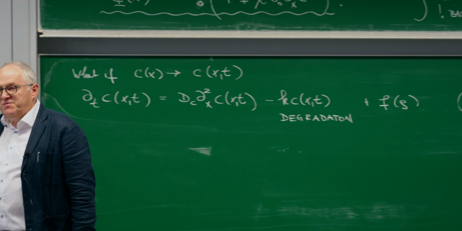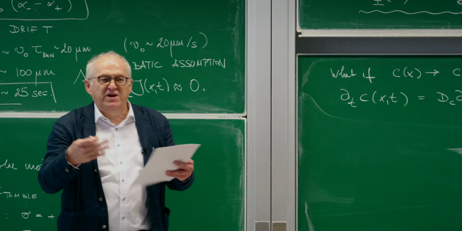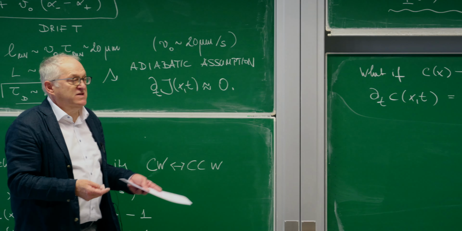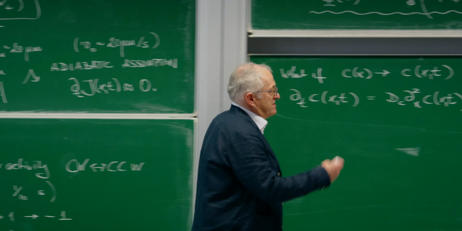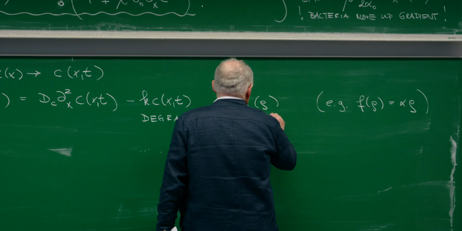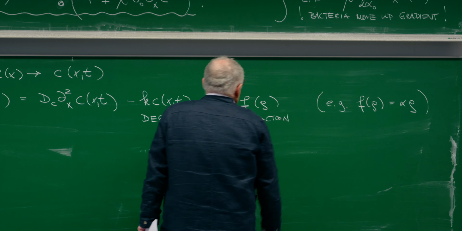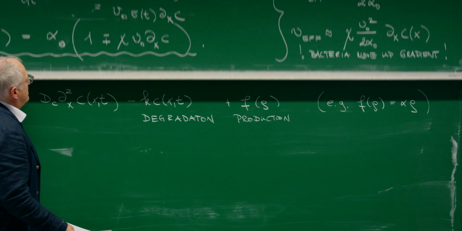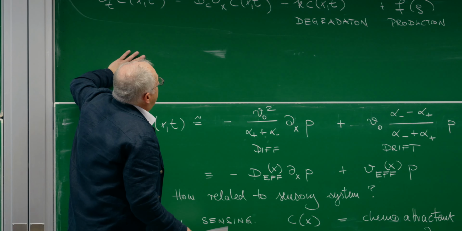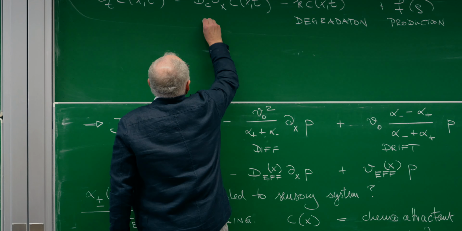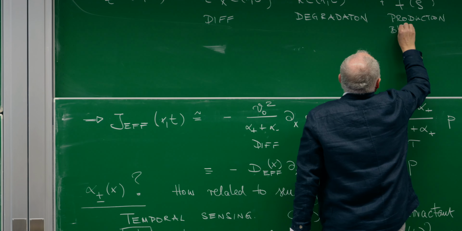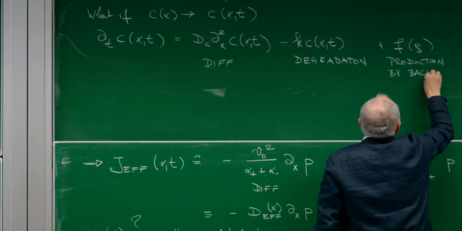You could have other forms. This could saturate, because alpha rho means the more bacteria you have, the more you actually produce. But there are saturation effects, so this may have a different functional form. Okay. So you have a chemical. The chemical diffuses, it's degrading, and there's production by the bacteria themselves,